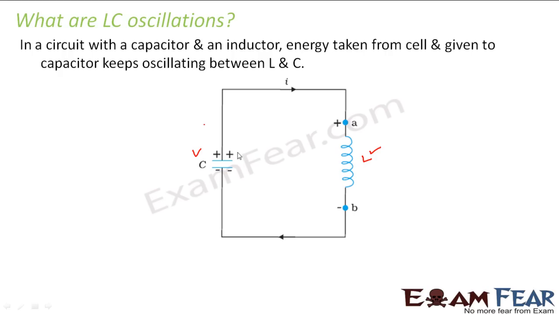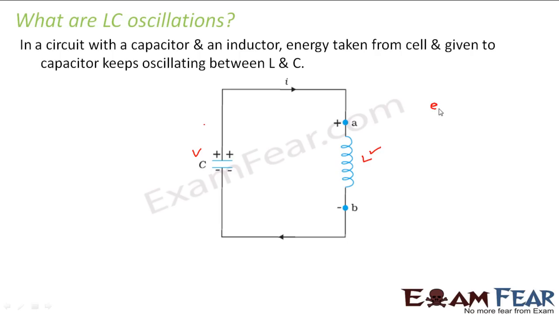You remember the Faraday-Lenz law? Whenever there is a change taking place, so till now the capacitor was getting charged, and now the capacitor starts discharging. That means the circuit is experiencing a change. Because of this change in current, there would be a change in magnetic flux. This change in magnetic flux would be experienced by this inductor. So due to this change in magnetic flux, there will be an EMF induced in this inductor.